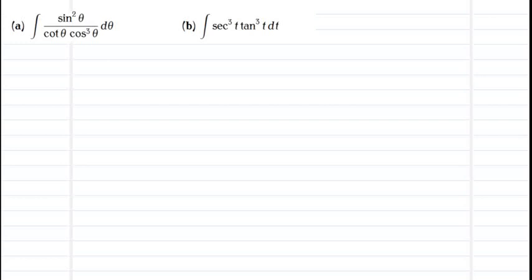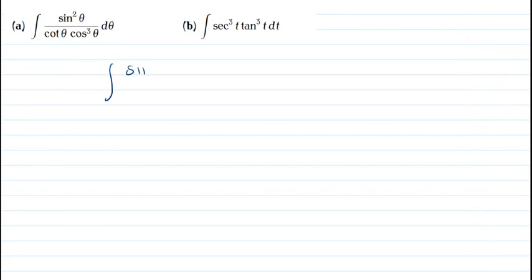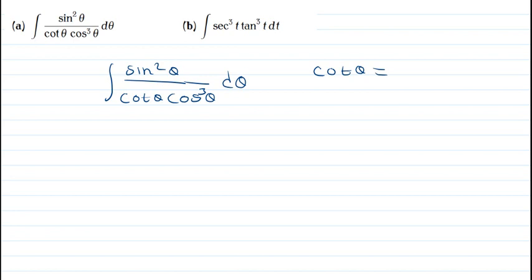Let's find the integral of these two functions. So the first one, we have the integral of sine squared theta, everything over cot theta cos cubed theta d theta. To start with, we realize that cot theta is equal to 1 over tan theta, which is the same